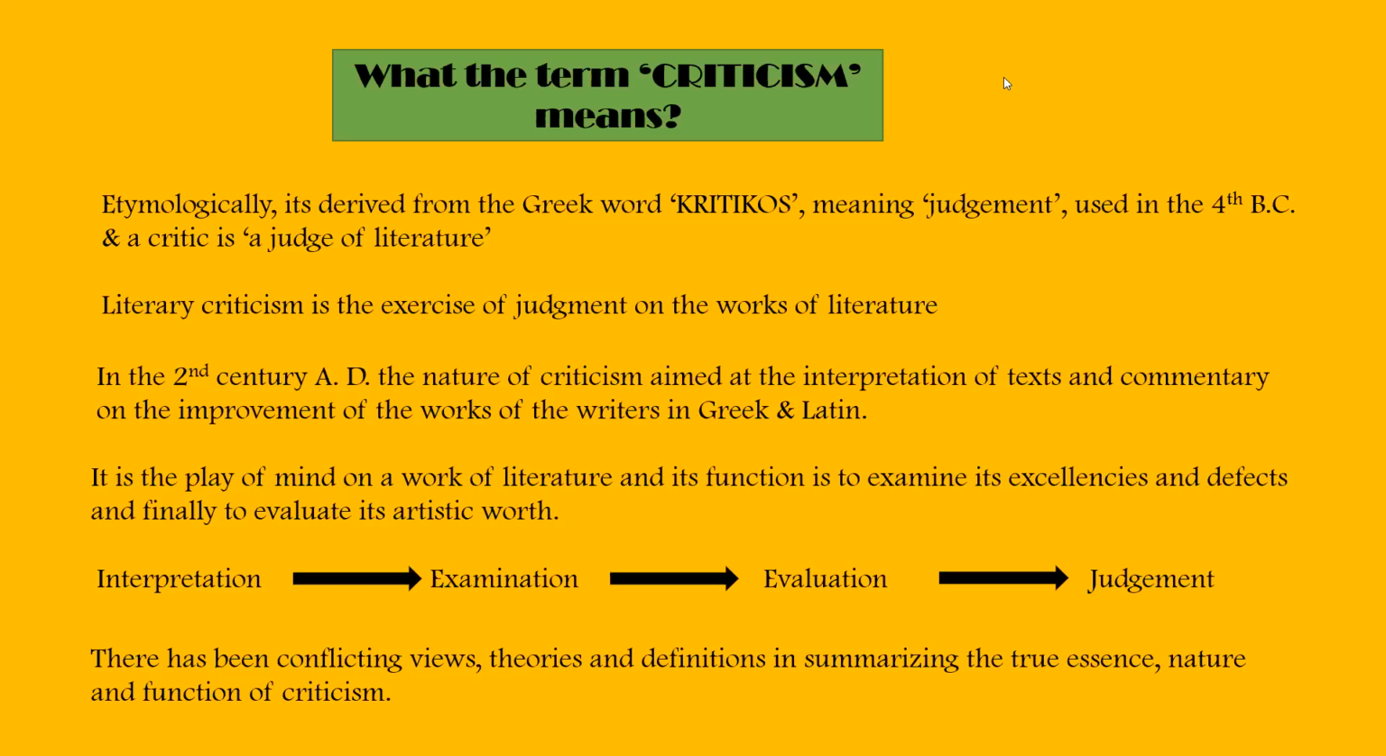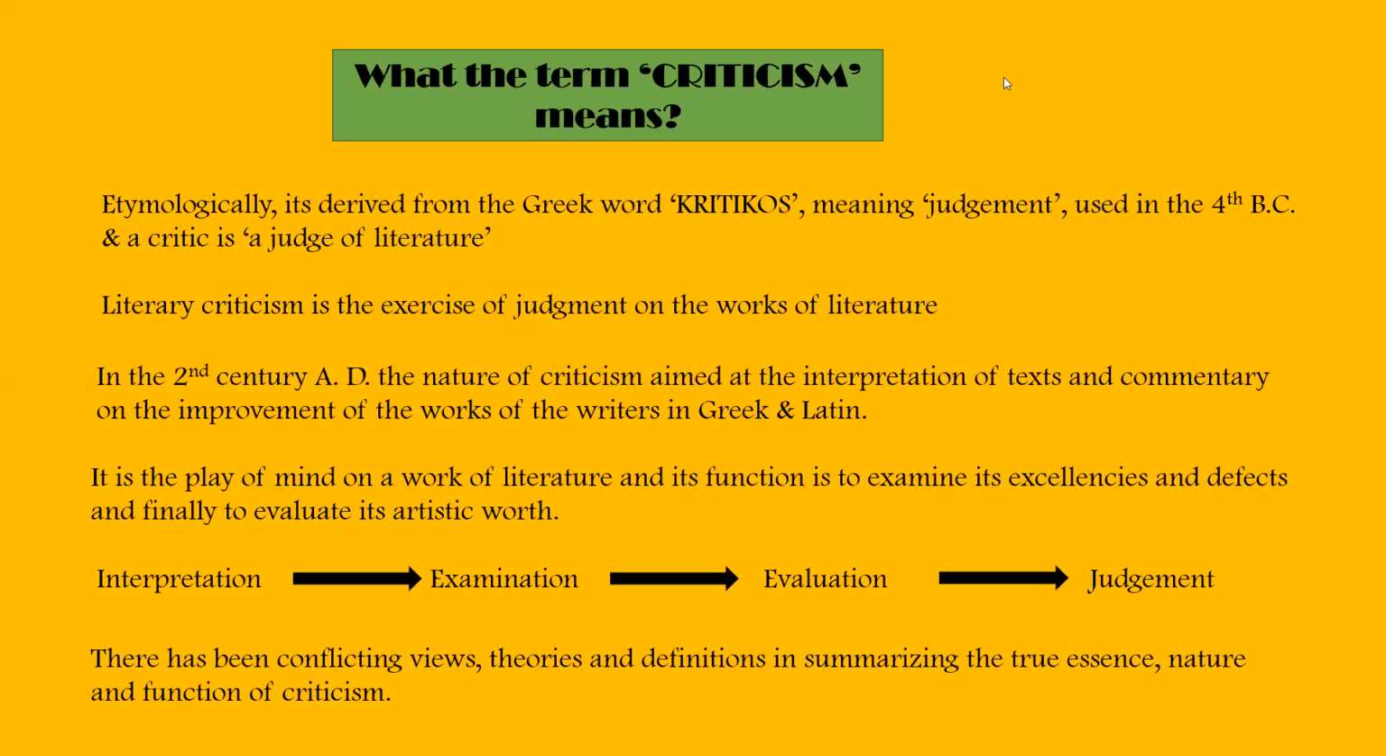Moving further, see, the four words I've given over there. Initially, it becomes interpretation. Without a thorough, proper interpretation, a critic cannot go further. After interpretation, the second stage becomes examination. Examination, I told you earlier, means examining the excellencies and defects of a work. Then, on the basis of these excellencies and defects, plus points and negative points, merits and demerits of the work of art, a critic moves further to evaluate a work of art, and after making thorough evaluation, the final stage is